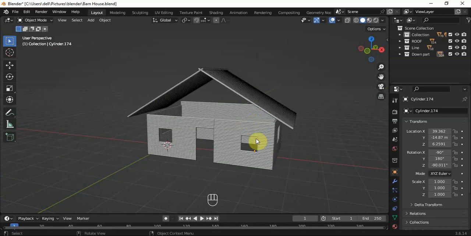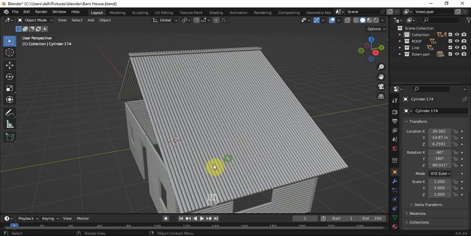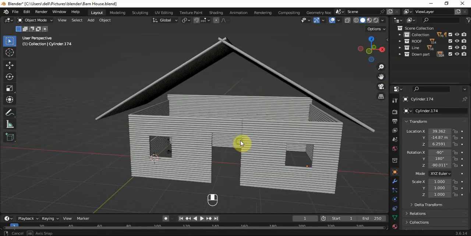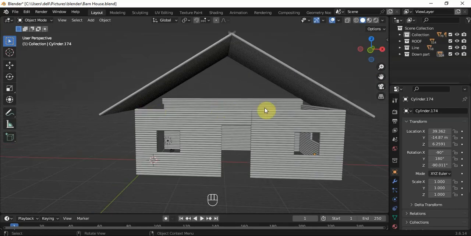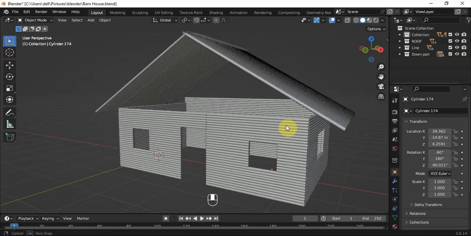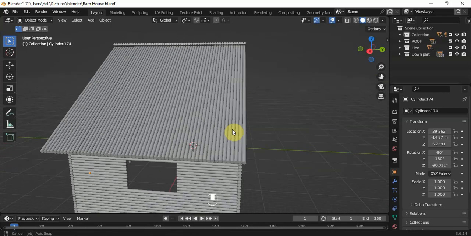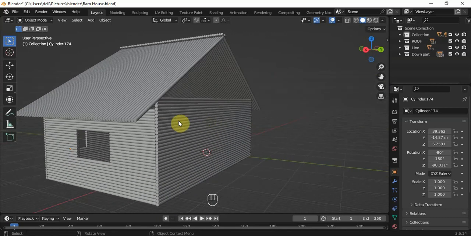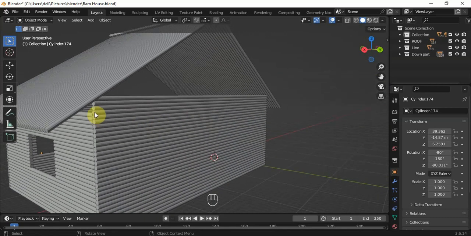All right, so this is where we stopped the last time. So I will be continuing from there. Now, what I want to do, let me try to make the front part first. And then, okay, let me try to delete from